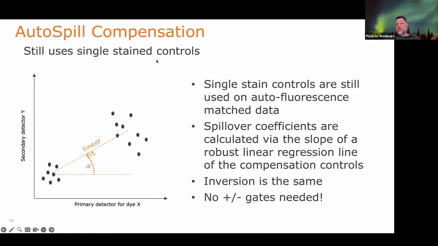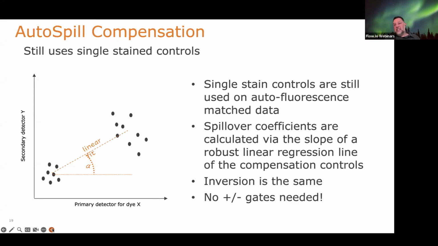You still use those same single stain controls. All of the rules apply for good compensation controls. And then, no positive negative gates are needed. Simple as that, right? It seems really, really basic, but yeah, it's a Nature paper because it was an innovation